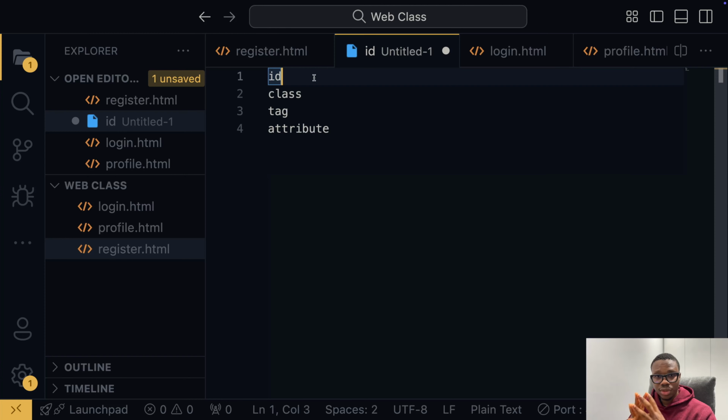The class, on the other hand, can be shared. A lot of HTML elements can have one class. The tag is basically what we've talked about. So we have a lot of tags, and I'm going to show you how to use the tag selector. The attribute selector, you can use the value of an attribute in an element to select it. So I'm going to show you how to use these four common types of selectors in our